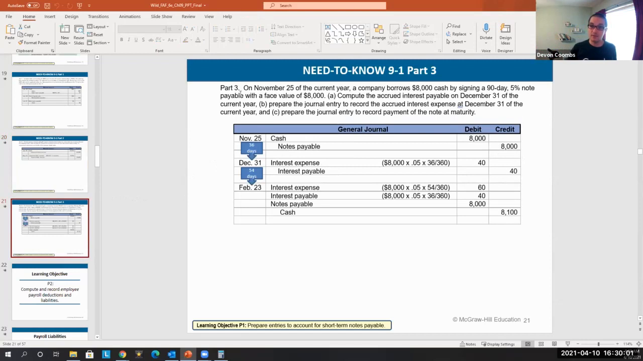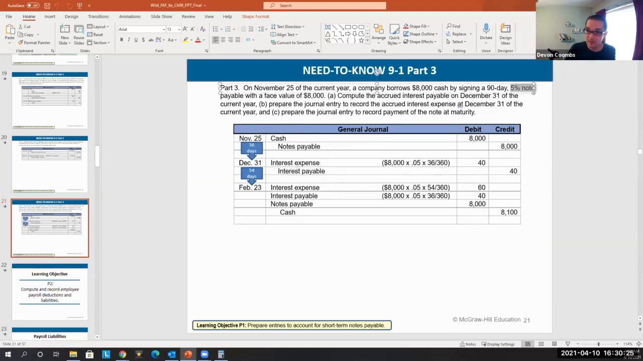And this last piece is notes payable. And so the notes payable, we debit cash of $8,000, credit notes payable of $8,000 on day one. That's our debt, where we're borrowing cash in exchange for a promise to pay that cash back to the bank in the future. That promise is a liability. That's why we have a notes payable. Then on December 31st, we're going to have to prorate the interest. The interest is coming from,